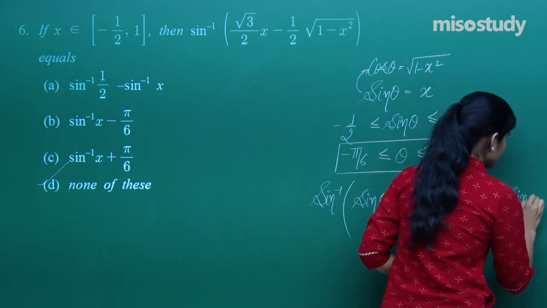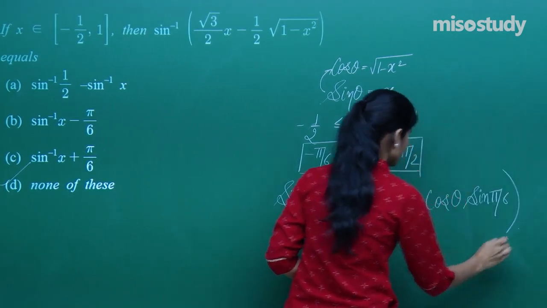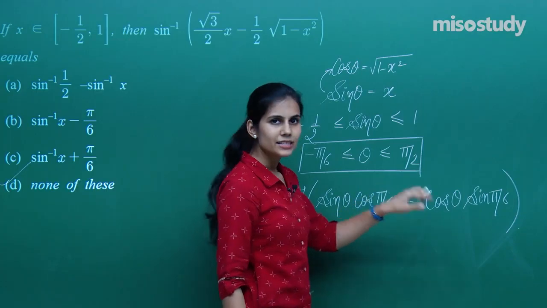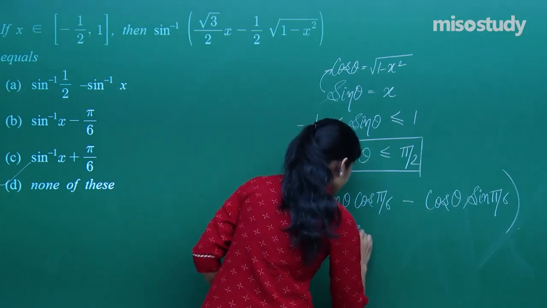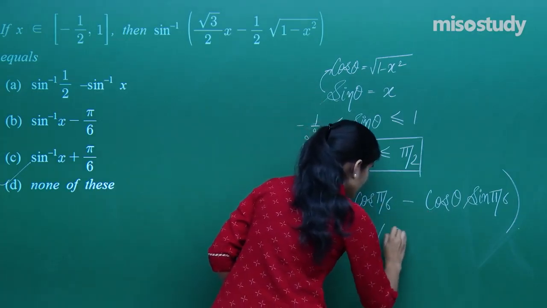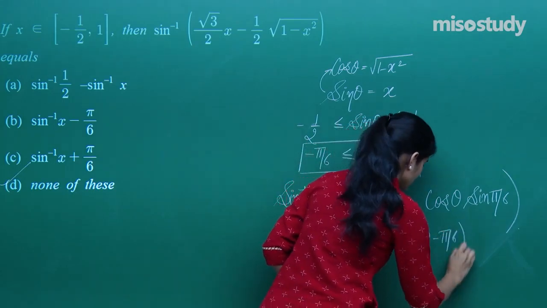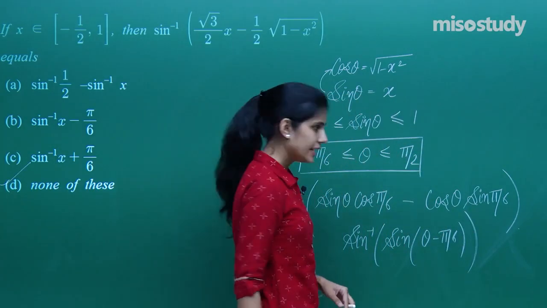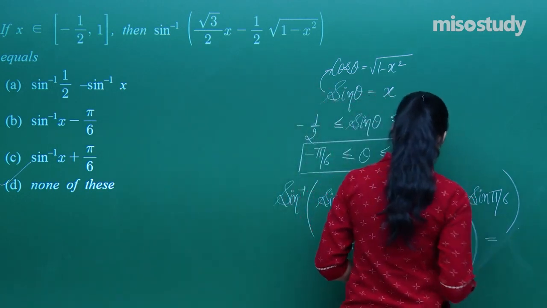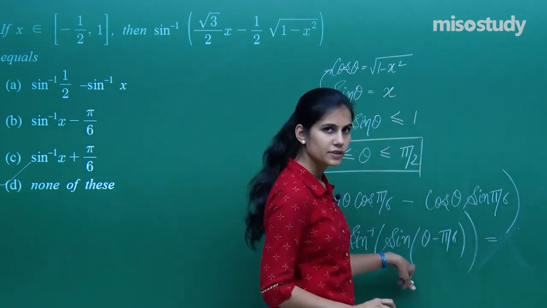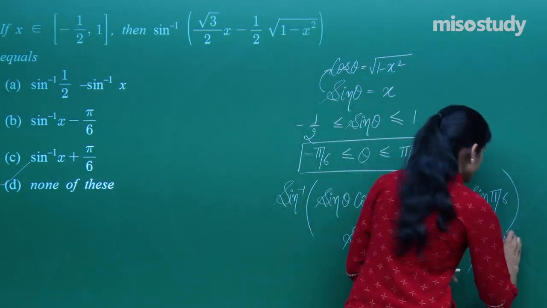Sine pi by 6. So it is sine a cos b minus cos a sine b, which is sine of a minus b. Now I can write sine inverse of sine of theta minus pi by 6